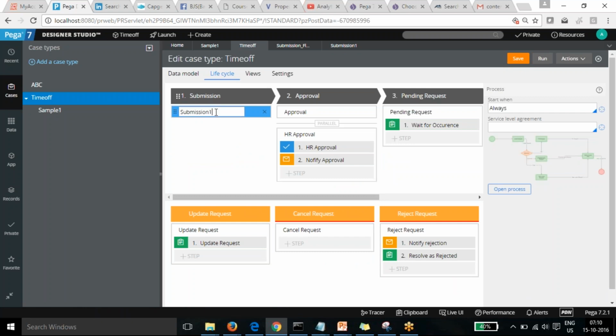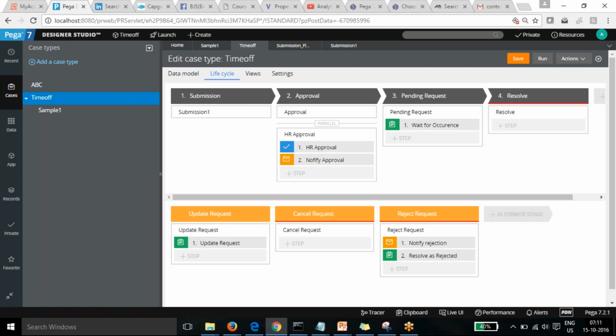If I give you a submission one and try to save it, all the steps associated with it will now come here, all the 5 steps which are added. And if I refresh now, it will show me all the steps associated with it.